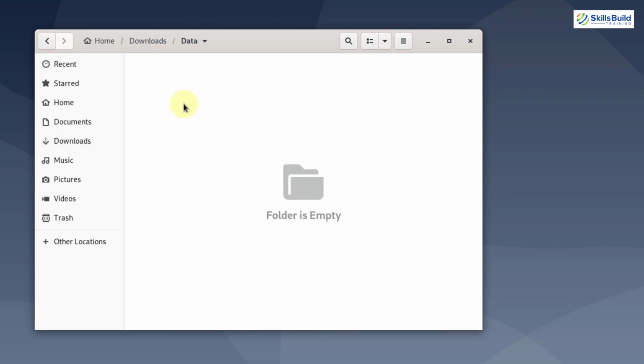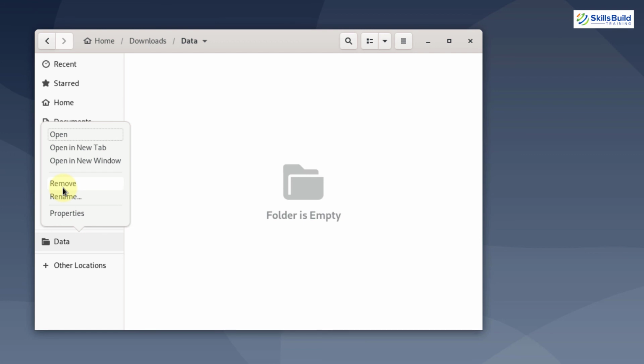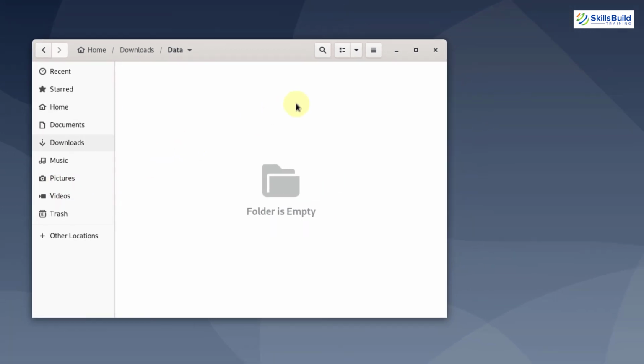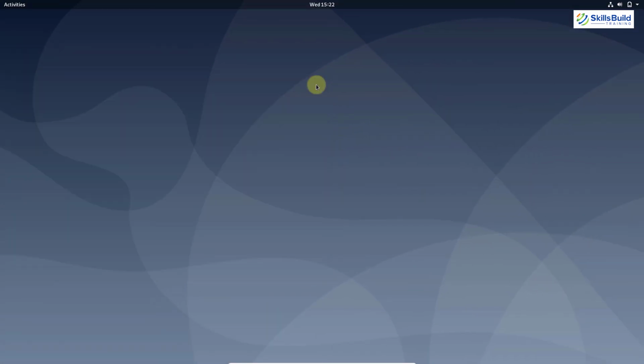Now open that folder. Now here you can see on the left side we have different bookmarks. So if I click on any one of them, it will take me to that destination. What if I want to add this folder into this bookmark section? Just click on this drop down icon with the name of data. And here it says add to bookmarks. And here you can see that our data folder has been added into the bookmark section. If in case you want to remove this from your bookmarks, just right click on it and here it says remove, and it is removed from your bookmark section. So I will just close this one, and that's it for this video.